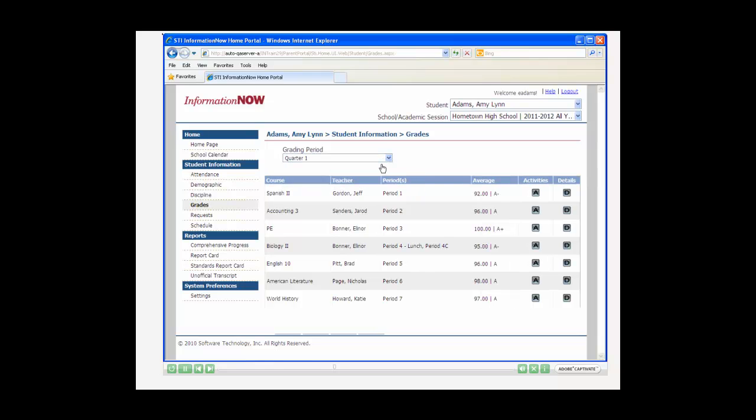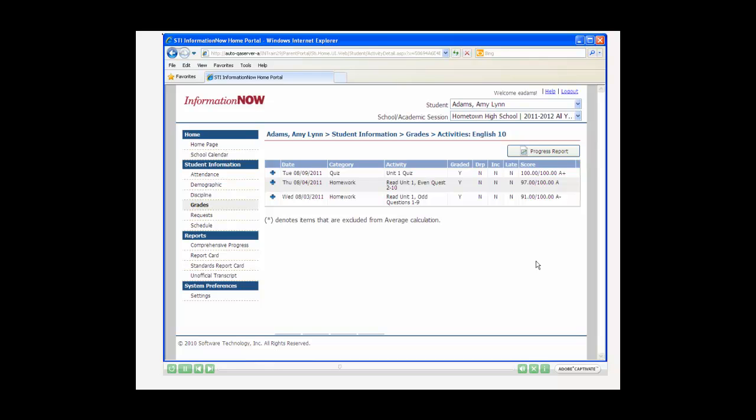This screen displays the class, teacher, period of the day the class meets, and the average for that class for my child. To view the details of my child's assignments for this class, I'll click the A next to the class. Here I see all of the assignments for my child for this class, including the date,